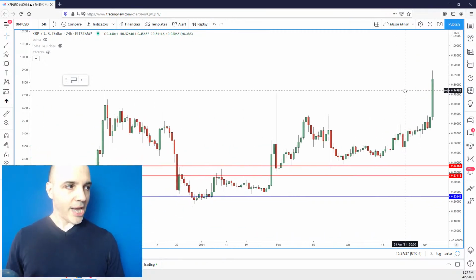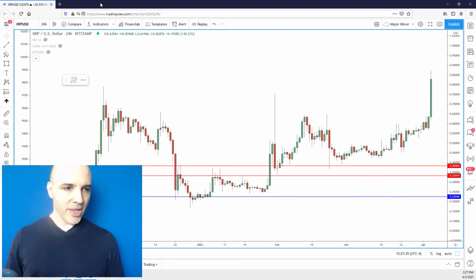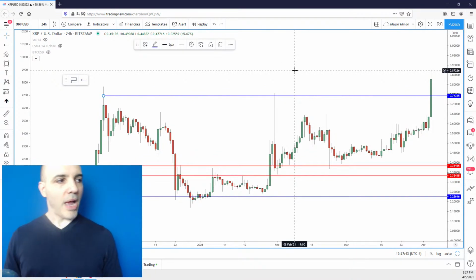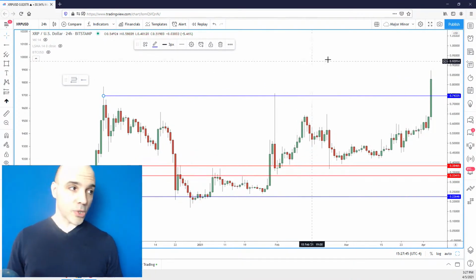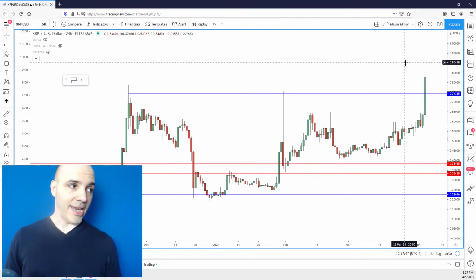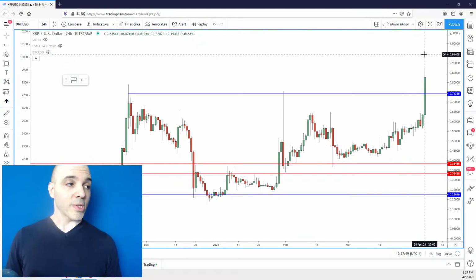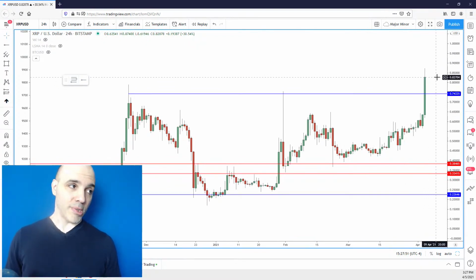I've always been a hater of XRP, you guys know. I mean, even Shay Shank would joke around and call it the garbage coin. But, I mean, look, that's definitely a structural improvement. I can't argue with that. I mean, it's vertical. So at this point, if you're in it, there's no reason to sell. Hopefully you've locked in some profit. It doesn't hurt to lock in a portion when things go vertical.